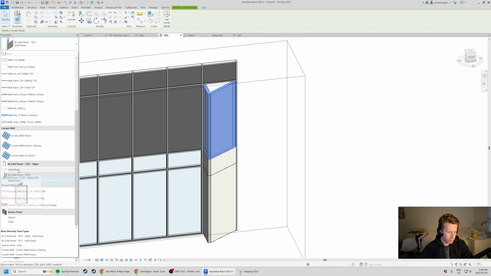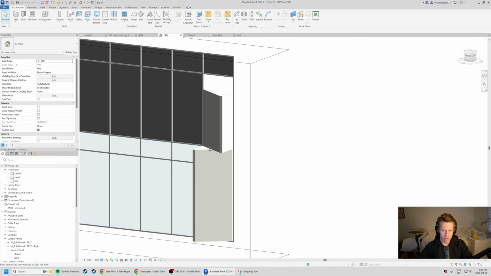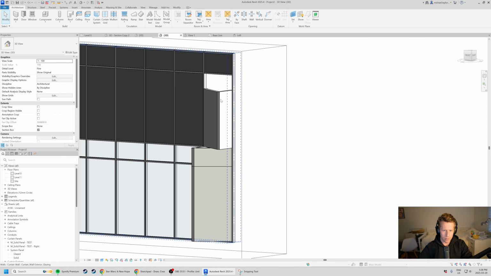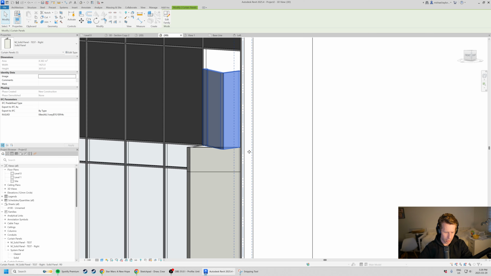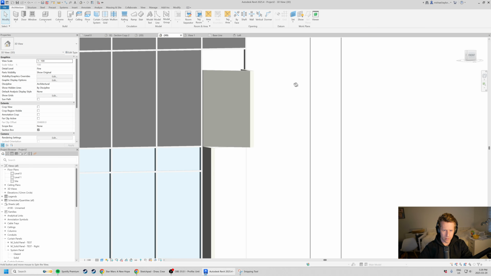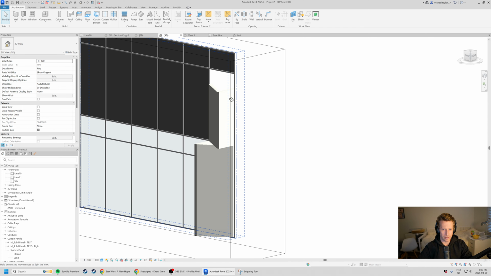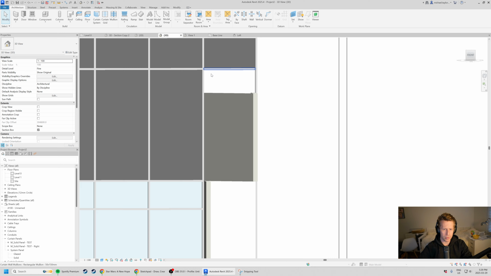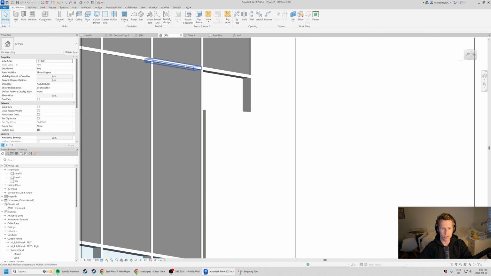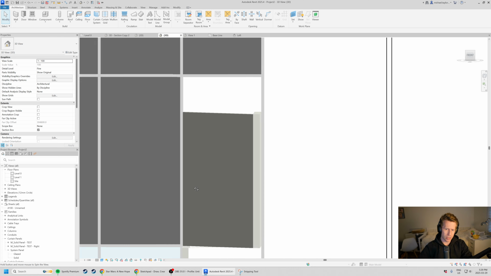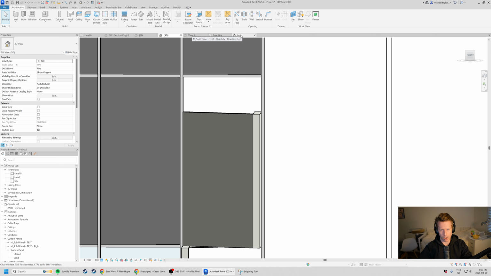Test, and you can see test right. So you can see automatically some things came in all right. Some things did not come in all right. So we can see here that the panel is not coming all the way up to where would be our reference plane, which in this case is our mullion. So I actually need to come back into our